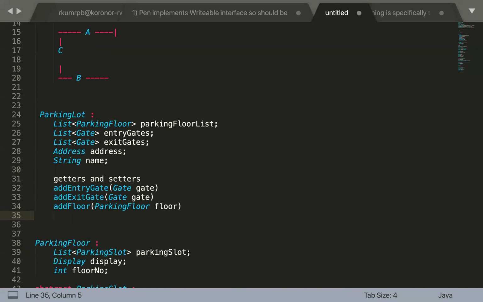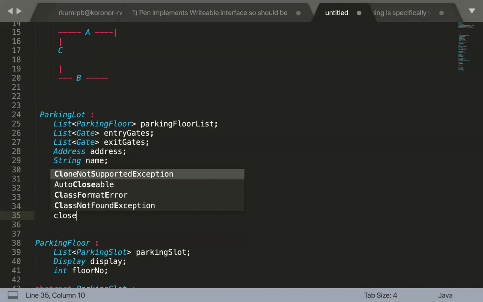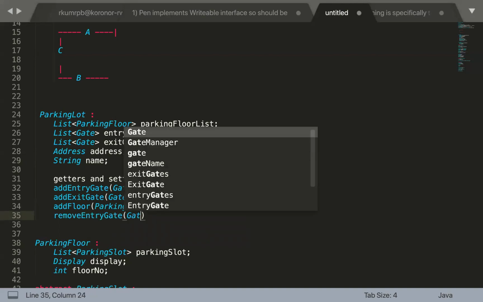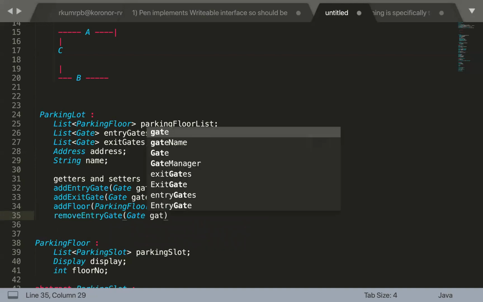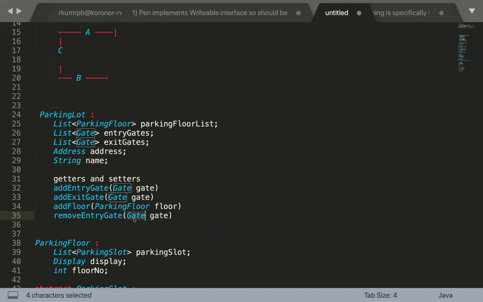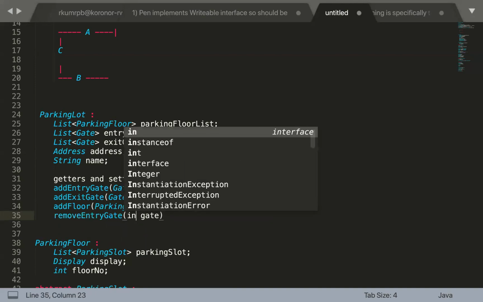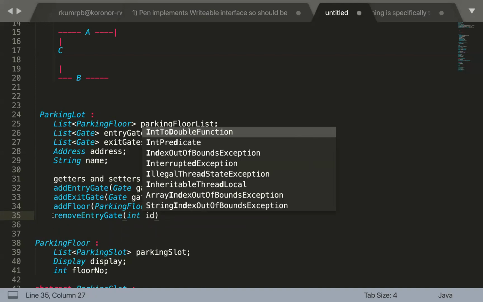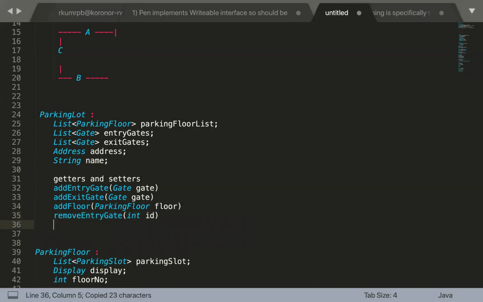So when you have the add entry gate, so probably you will have the close gate, या फिर remove entry gate. Okay, yeah, probably you can have the ID or something. You can have the ID. Same way for the remove exit gate. Okay.